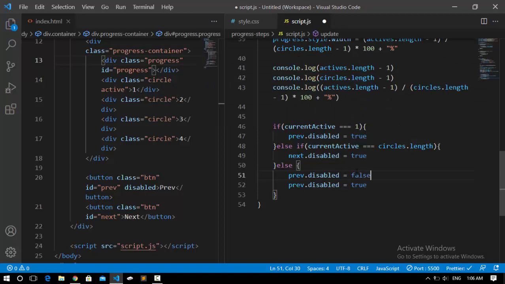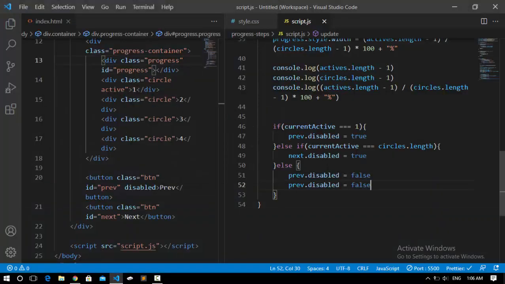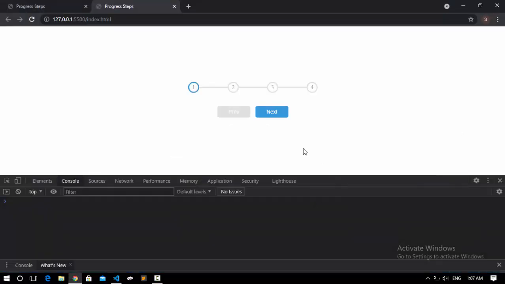So I hope that it makes sense, but I'm gonna explain it one more time. So here we check the current number. If it's reached 0, we want the previous button to get disabled. And if it's reached 4, which is the number of the circles that we calculate, compared with current active, if it's a 4, we also want the next button to be disabled, but if none of these conditions are right, we want both of the buttons to be active. So now if I save it and take a look in the browser,